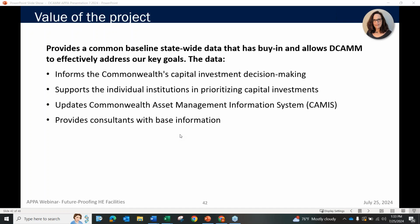Because we don't have care and control of each of our campuses, we don't maintain an updated list of equipment, but that information is hugely valuable as we develop how to invest in decarbonization. And so this update of equipment and confirmation of what we have and don't have on site is going to really serve us as we make decisions going forward, whether they're small decisions, when a campus needs to replace a boiler, or whether they're larger decisions,